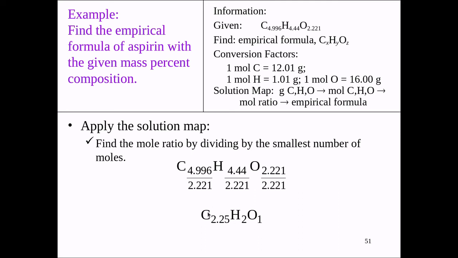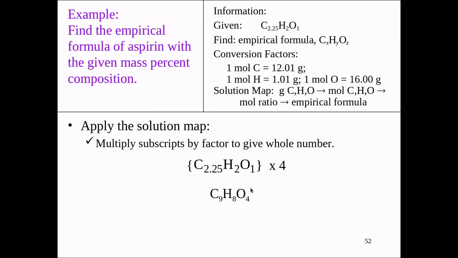So sometimes I like to think about this like money. So if I had $2.25, it means I have $2.25. So this is 2.25. So it's pretty clear now that if you multiply this by 4, you'll get a whole value. So that's exactly what we'll do. If we multiply all the subscripts by 4, we get